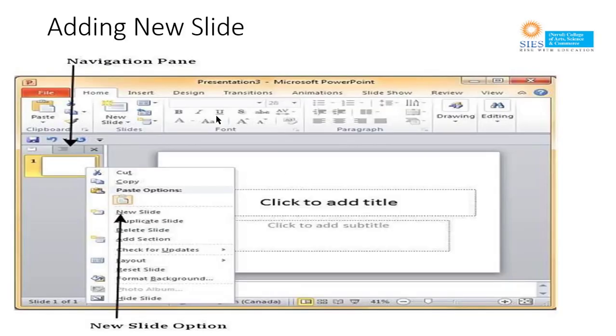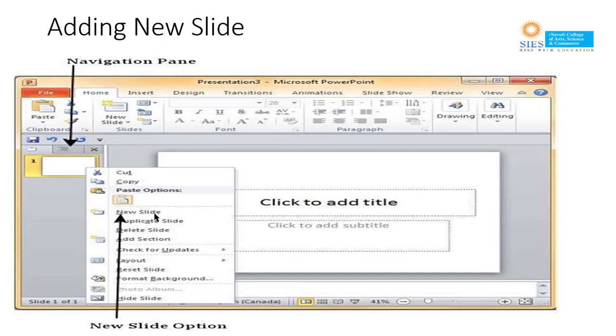Okay. Now, how to add a new slide? Okay. So here, see the steps. Step 1, right click in the navigation pane under any existing slide and click on the new slide option. Okay. So here you will get, see, right after right clicking you will get this menu and then click on new slide. Step 2, the new slide is inserted. You can now change the layout of this slide to suit your design requirements.